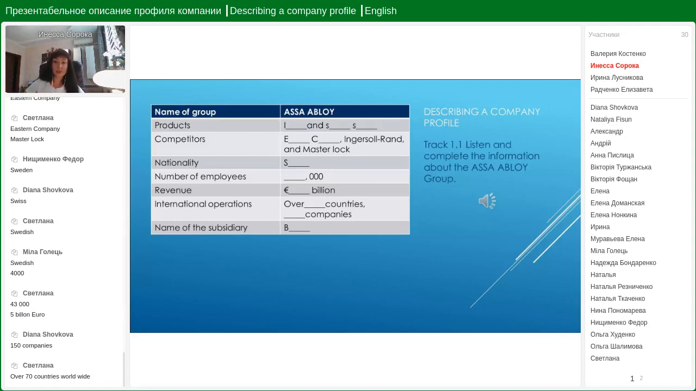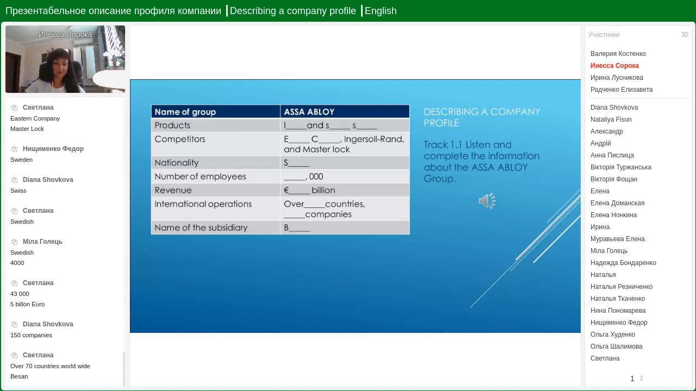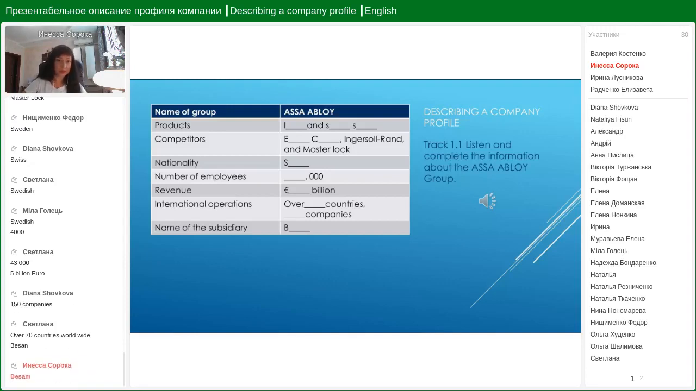And what's the name of the subsidiary? Please try to spell it in a proper way. Sveta, you are almost right. The last letter is incorrect. It is BESAM. Could you type it now in a proper way? BESAM. Okay, let me type it. If no one is typing, it should be BESAM. Okay,